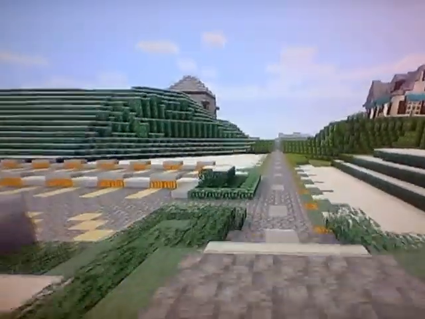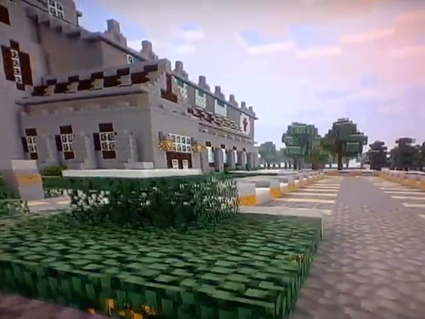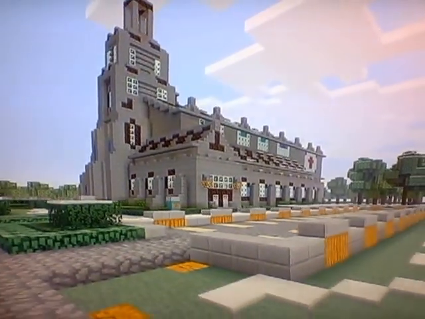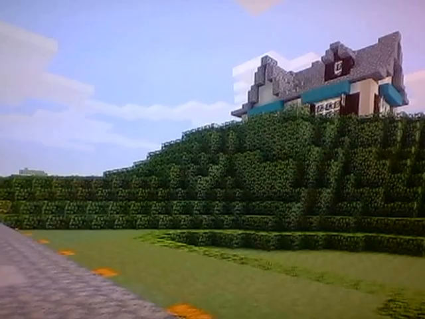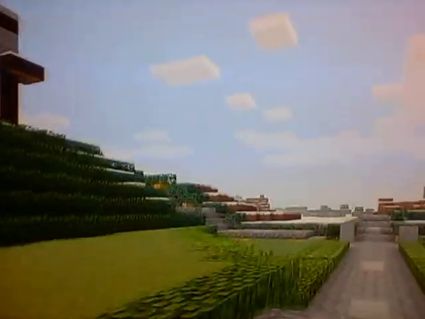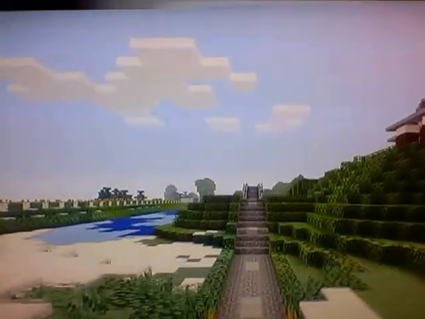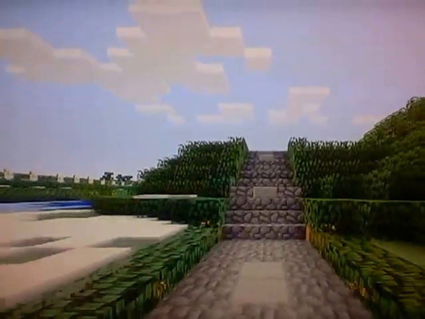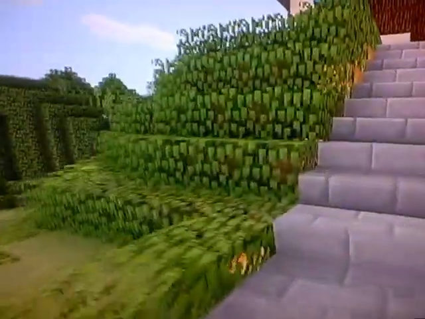Continue down this path. And you come to a quaint cottage. That one my friend did. If he wants me to show it off, I will. But I'm going to just show off my creations. As you see, I'm so crazy about landscaping though. This idea with the bushes